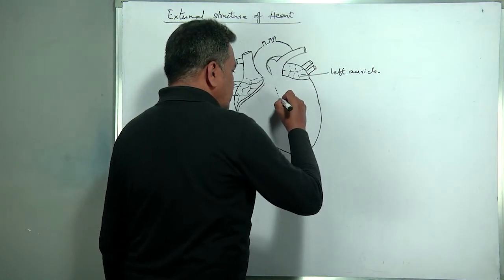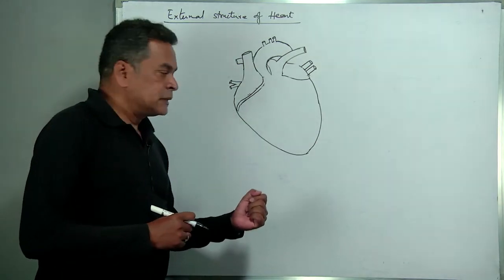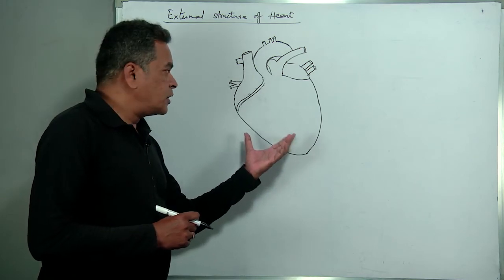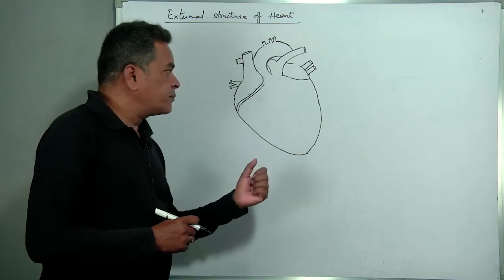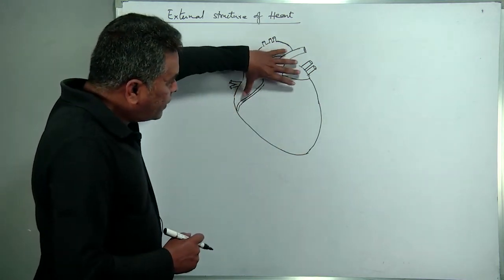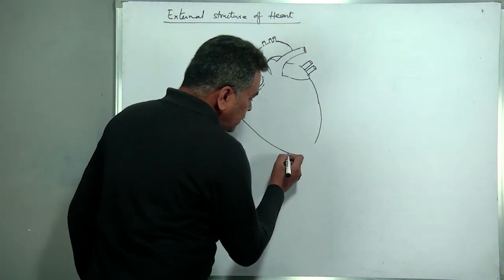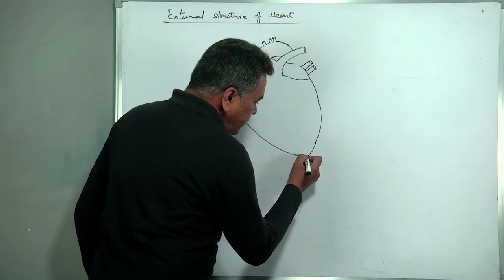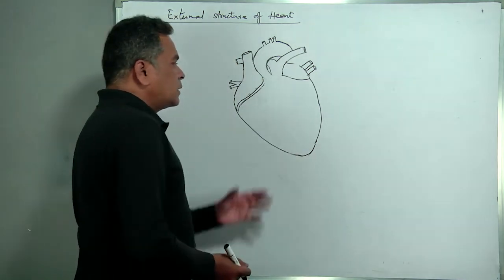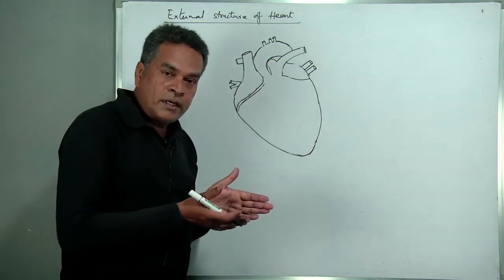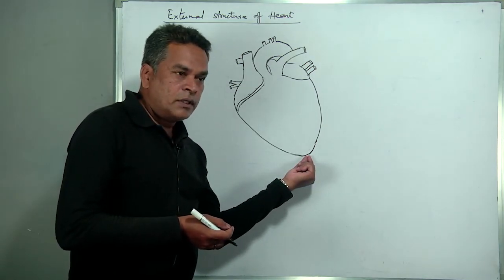If you look at the heart, I already told you that the shape of the heart is pear shaped, or roughly conical. This part of the heart we call the base of the heart, and this is the apex of the heart. The apex is slightly tilted towards the left side, and the apex of the heart gets attached with the fibrous